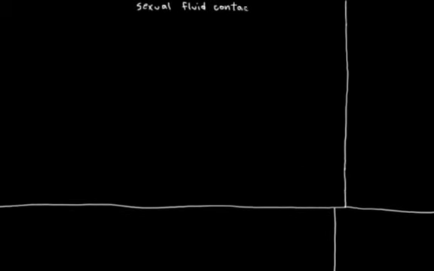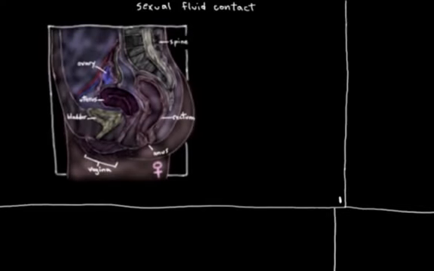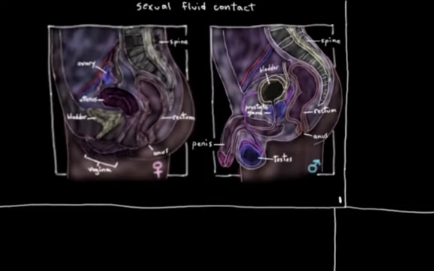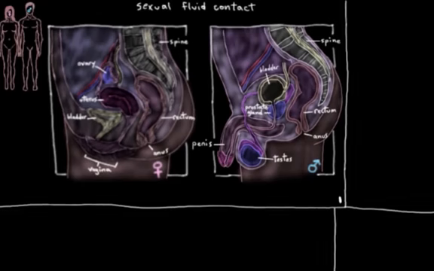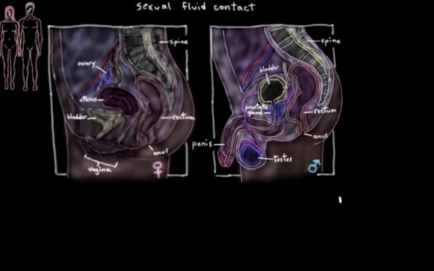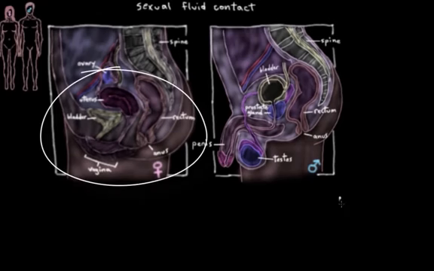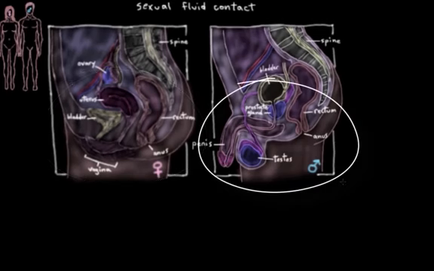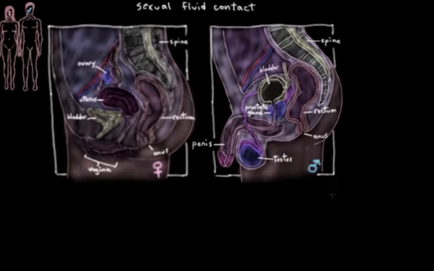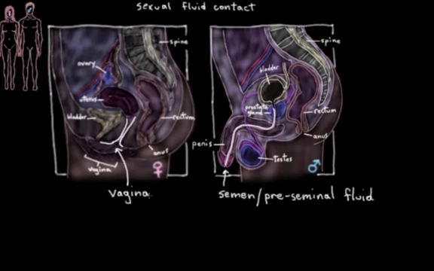So top left up here, we'll make this sexual fluid contact, which is actually the most common way that HIV is spread, typically when having unprotected sexual intercourse with someone who has HIV. And don't let these pictures scare you. These are just cross sections of pelvises. So a female pelvis on the left here and a male pelvis on the right here. So we can use these to look at the sexual organs. So contact with sexual fluids like semen or preseminal fluid or vaginal fluid or even rectal fluid can spread HIV